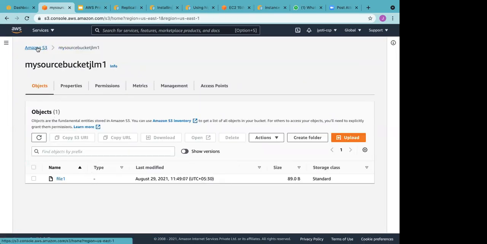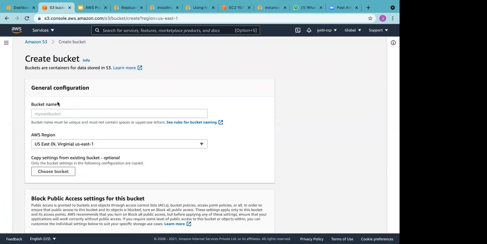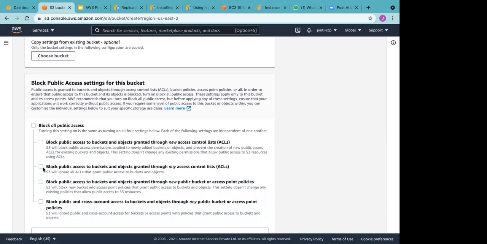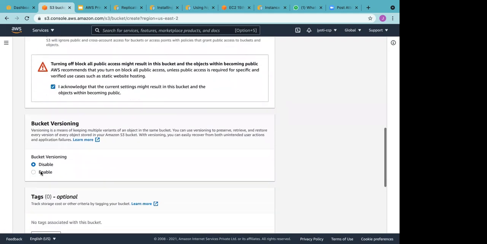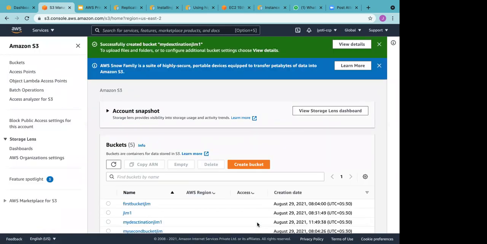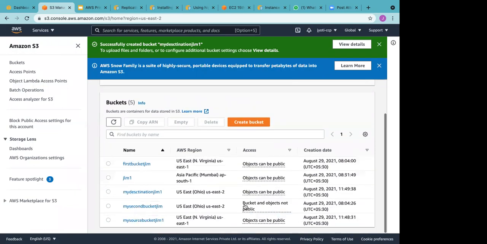Okay. We'll go ahead and create another bucket. Destination. I had picked North Virginia there. Let me take Ohio. Okay. I'll enable this. And yeah, so I've created two buckets in two different regions. One is in North Virginia and another is in Ohio. Okay, so consider it, one is your test bucket and another one is your production bucket.